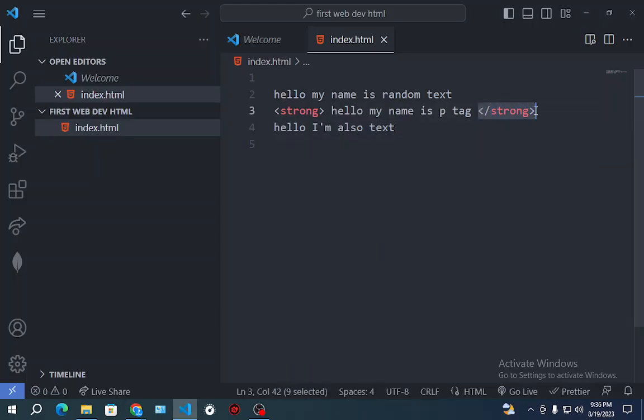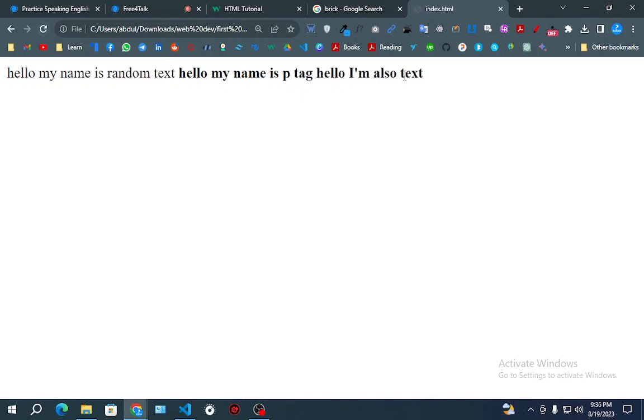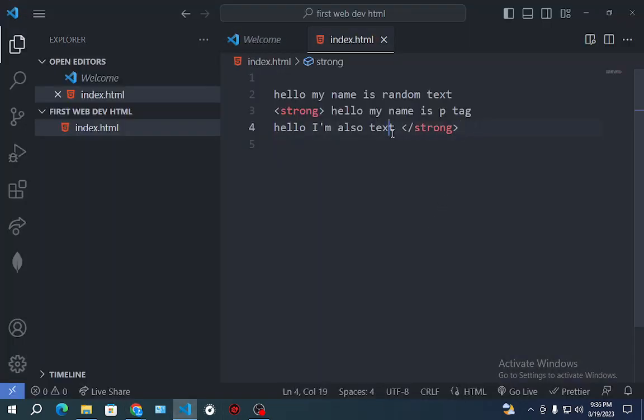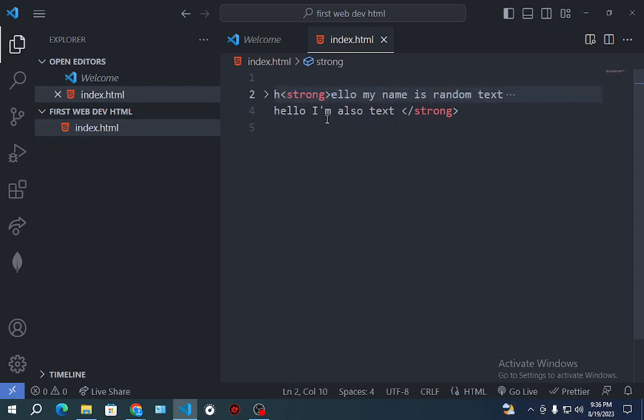But if you make the end tag at the very end here, it will also make the whole thing strong, and if you refresh right now, it's strong the whole thing, right? Because it keeps the whole thing. But if you put everything inside the strong, you see,